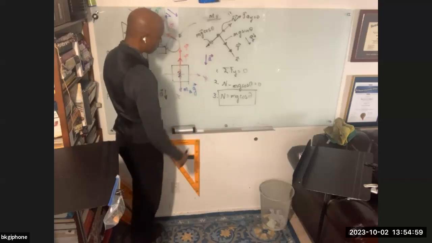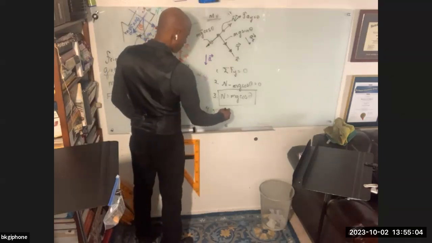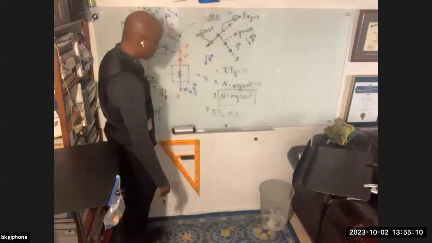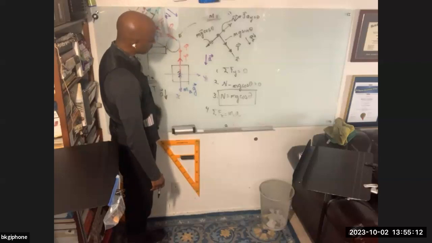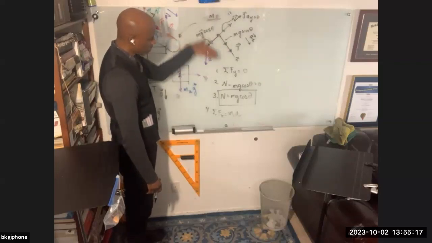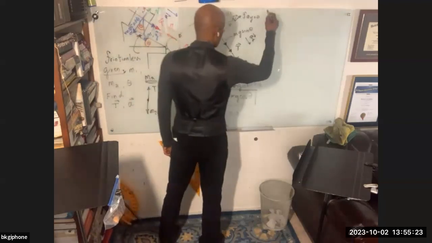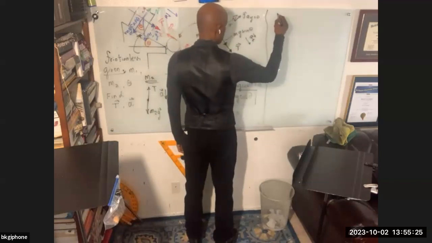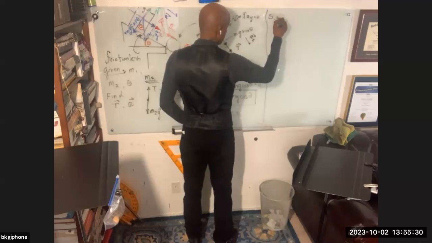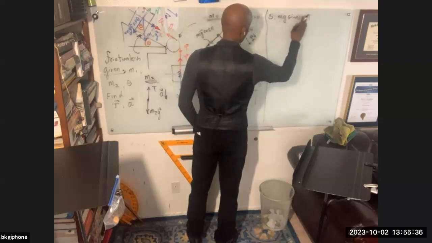The x direction, the second law. Net force in the x direction equals mass 1 times a_x, but it's the same acceleration, so I don't put that. And I've got the two forces. Now they're parallel, so they have the same sign. I'm calling that the positive direction, so that I write the acceleration positive. So that guy we get, equation 5, mg sine theta plus T